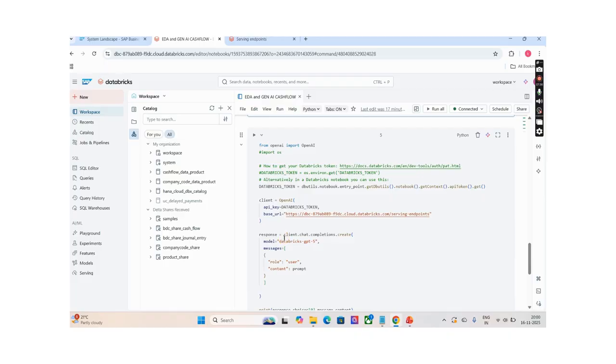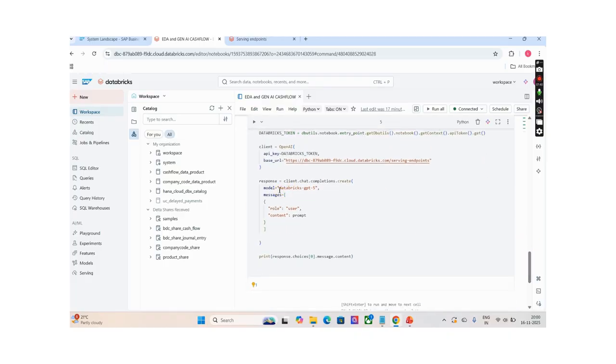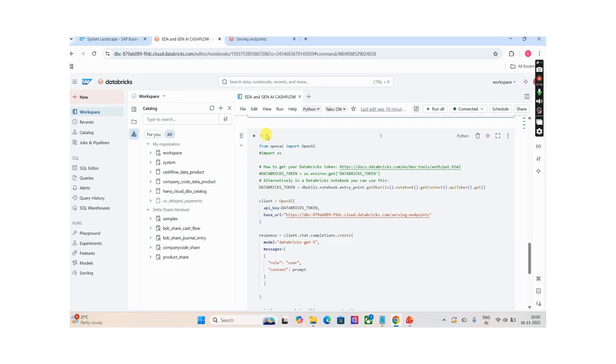Now here I'm configuring the response. First I'm selecting the model as Databricks GPT-5, meaning the GPT-5 model, and in the message I'm setting the role as user and passing that prompt as the content to this LLM. Okay, so let me execute this.